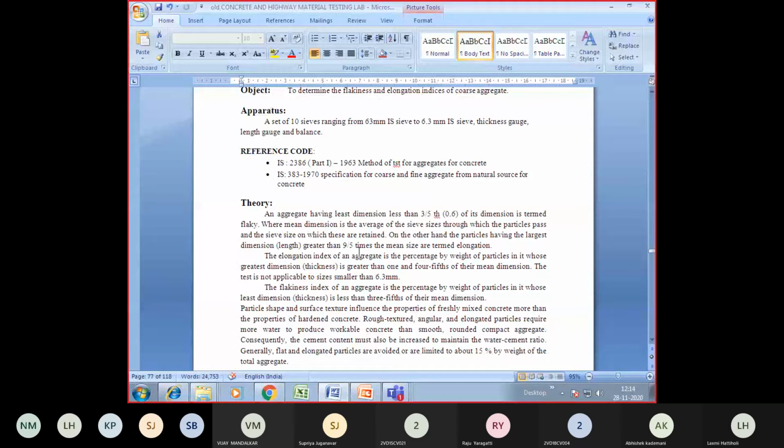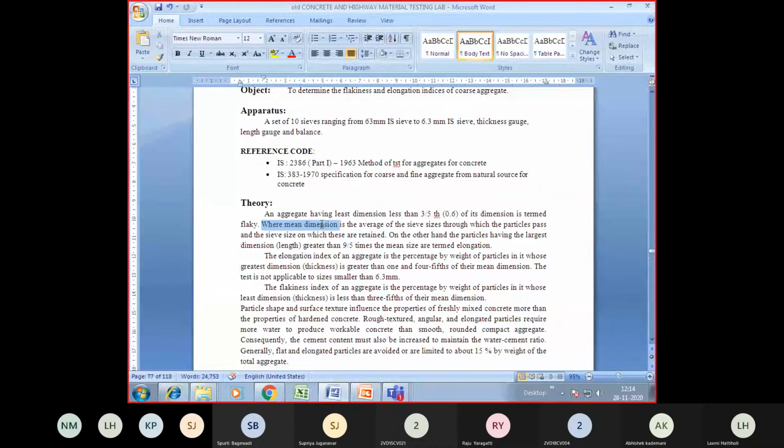An aggregate having its least dimension less than 3/5, or 0.6 times, of its mean dimension is termed flaky. The mean dimension is the average of the passing sieve size and the retained sieve size.